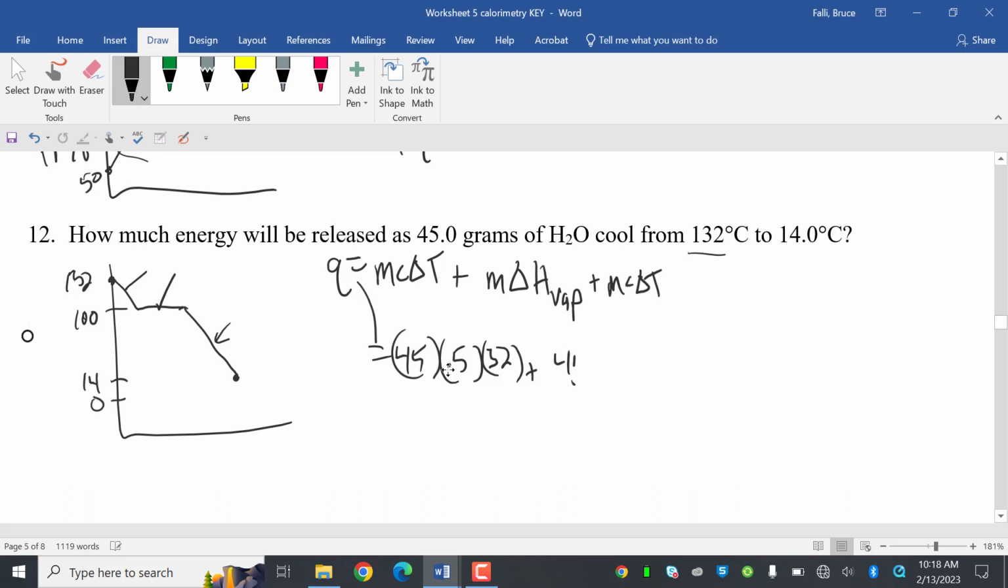Plus the mass is still 45. We did before where the heat of vaporization was 540. That's on the table. Plus still 45 grams here. Liquid water specific heat is 1. Change in temperature is 100 to 14, which is 86. So again,